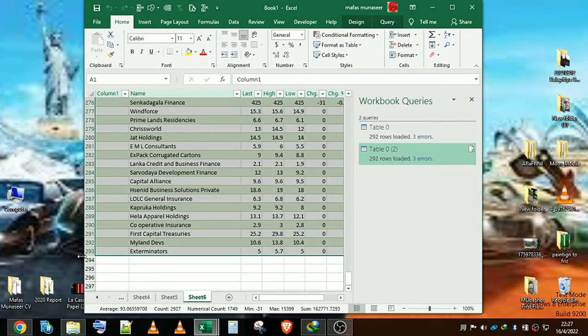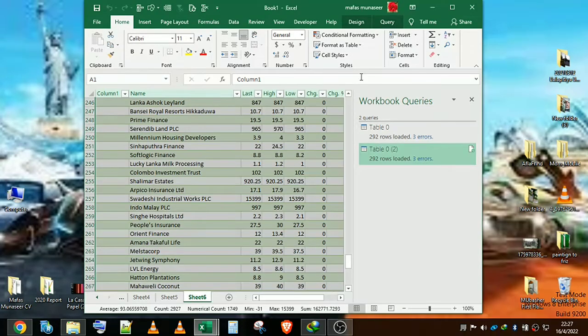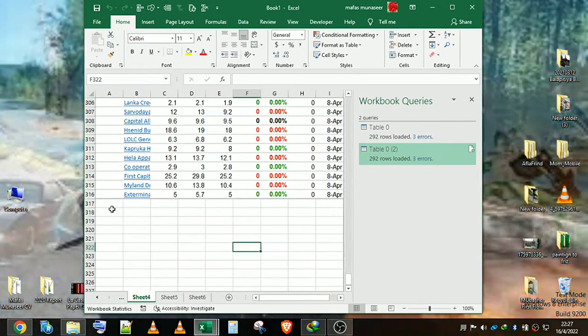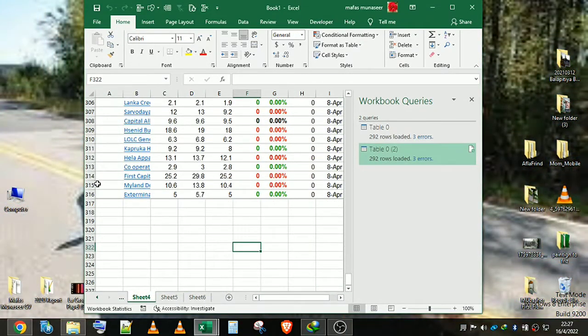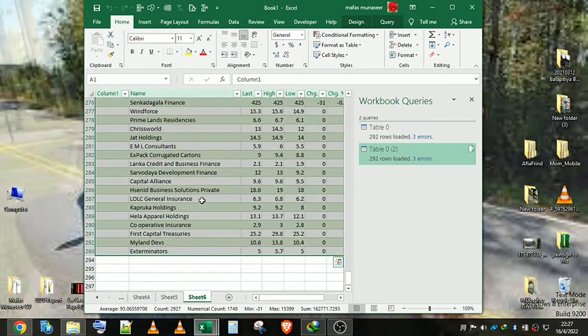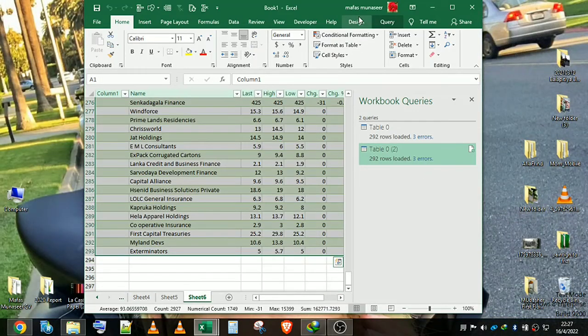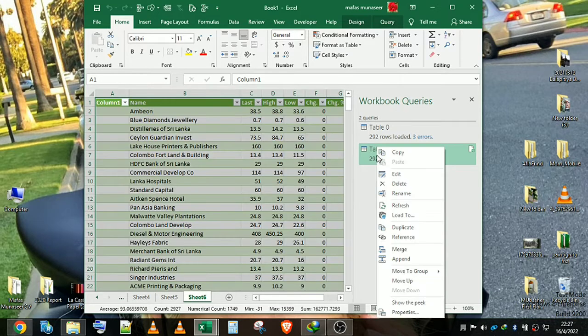Only 292, so I need 316 companies there. But if you can get that data to Excel without copy pasting like that, that's helpful. Okay, if you need to edit this query again, there's an edit button